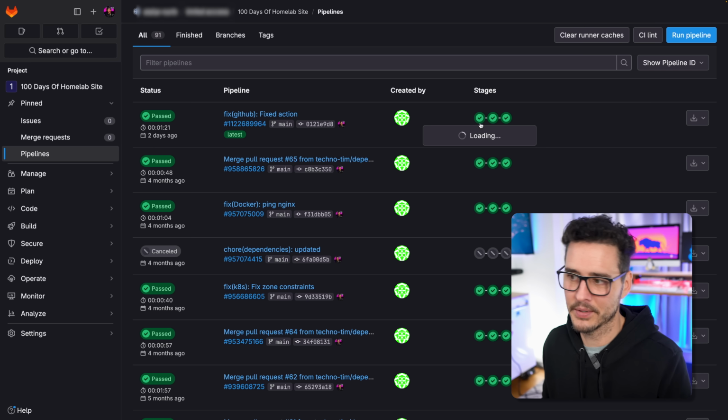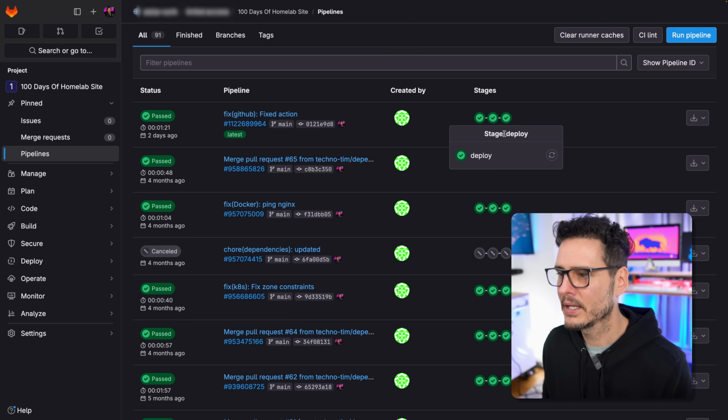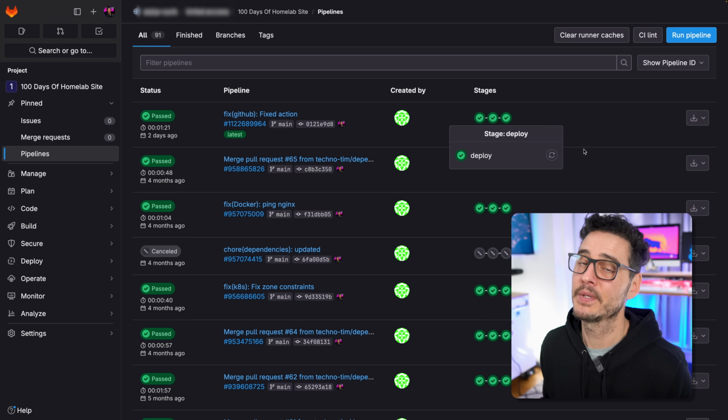And as you can see with this commit right here, it ran a build, it ran a container, and it deployed to my Kubernetes cluster. And the same goes for my GitHub Actions on GitHub. But it's pretty cool to self-host these runners and build your code and deploy your code or your infrastructure to your own internal infrastructure. It's pretty awesome.